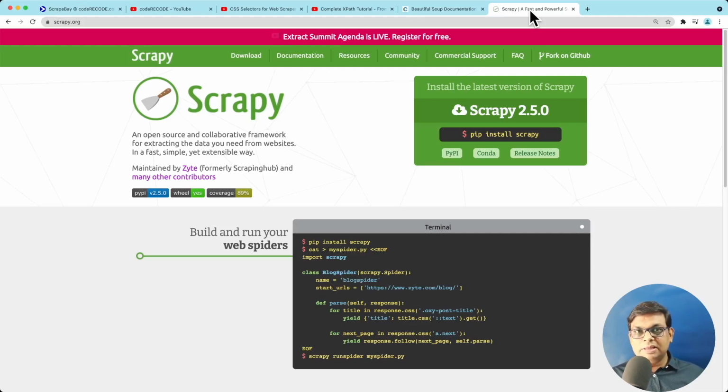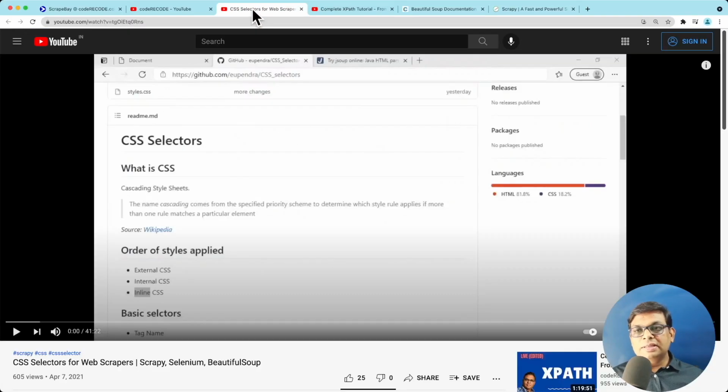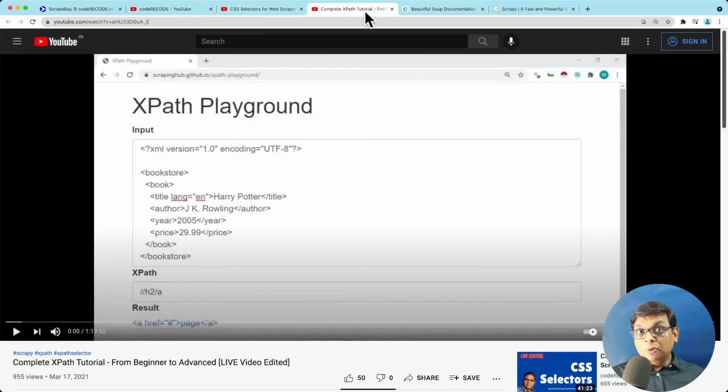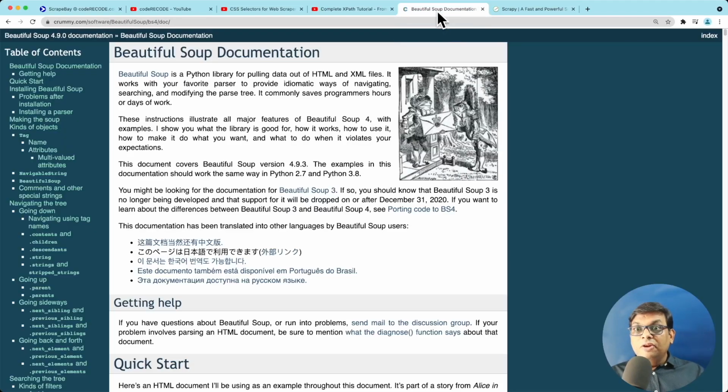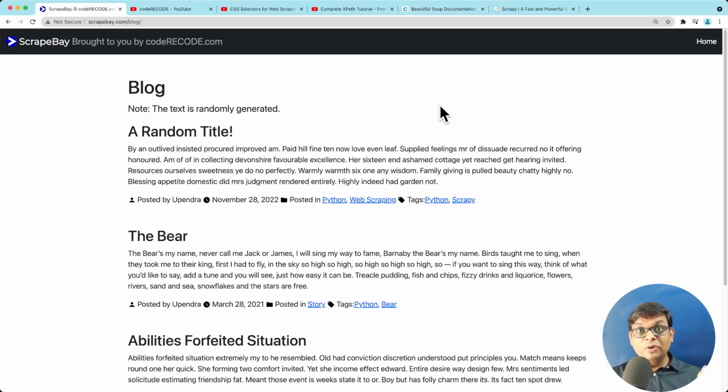especially if you're not working with CSS selectors or XPath selectors. So I've already created 2 videos, so you can just come to my channel, just search for CSS and you will have a detailed video on CSS selector. You will find one more detailed video on XPath selector. Even before you start learning new things, what you can do is you can use Beautiful Soup and bring it to Scrapy like that. So today we are going to work with this site.